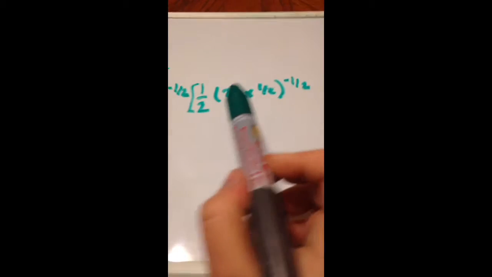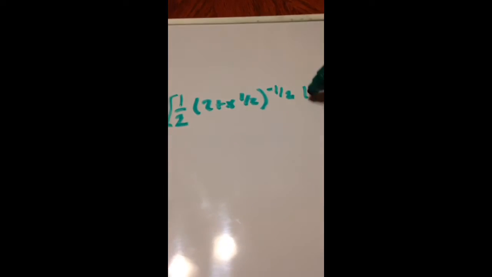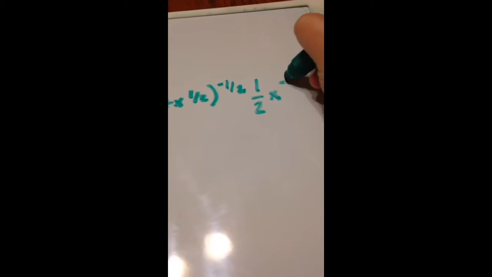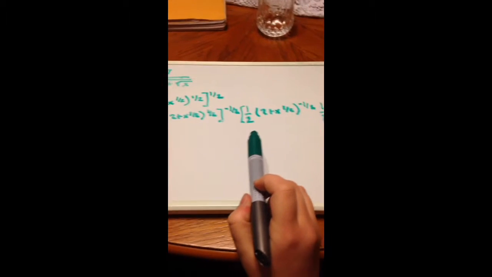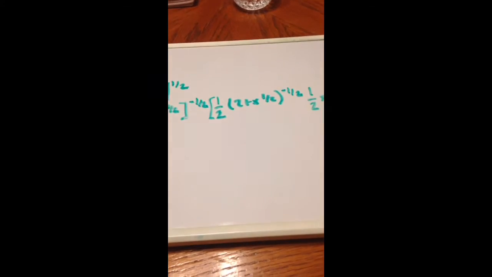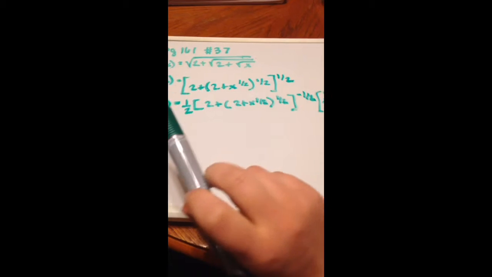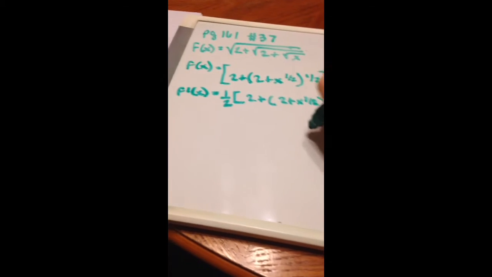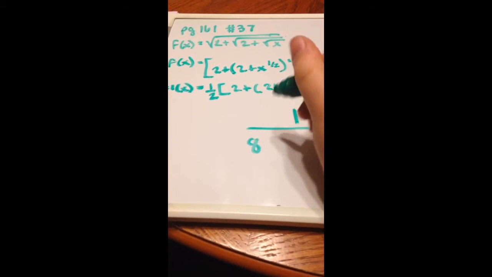And then again, we have to take the derivative of the block. So 1/2 times x, it's going to give us 1/2 x, subtract 1 from this exponent to get negative 1/2. So this whole thing right here is the derivative, and what we need to do now is simplify it. In order to do that, we have to multiply this 1/2, this 1/2, and this 1/2 together, and that gives us 1/8. So we can put 1 on the top of the fraction, 8 in the bottom,